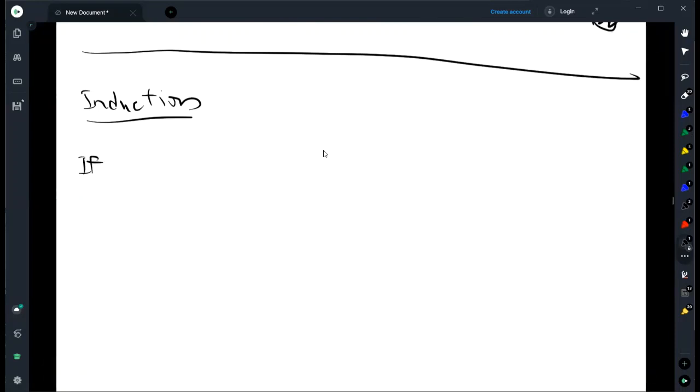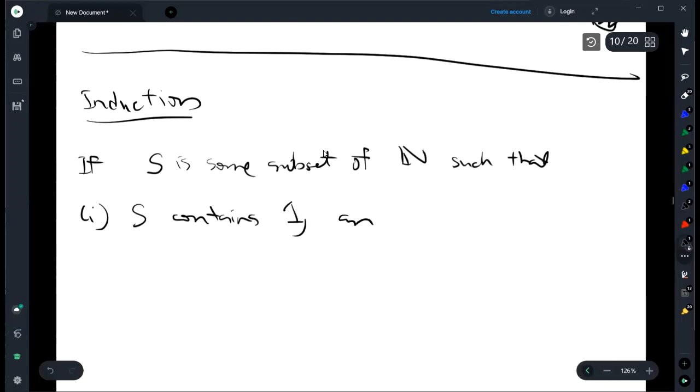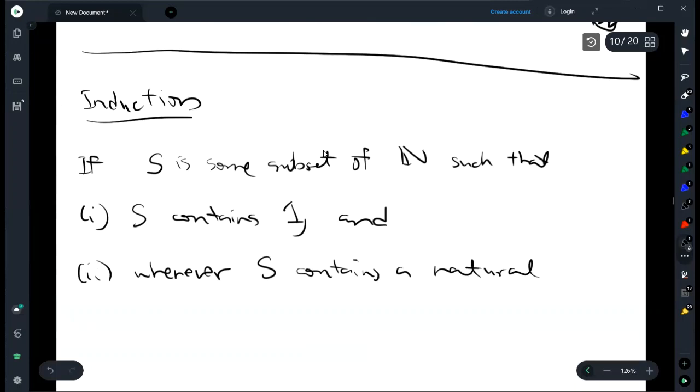If a set S is a subset of the set of natural numbers such that, first, the set S contains 1, and second, whenever S contains a natural number n, it also contains the natural number n plus 1,